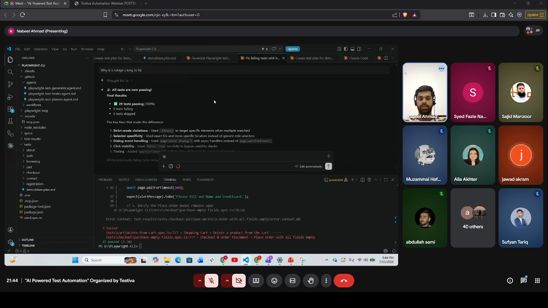So, does this Playwright MCP work kind of similar to this Anthropic project, sorry, Claude project, like it will also be running the agents, or does it work in some other way in the backend? I didn't get your question. You are trying to compare the different API keys that we use in different projects, or something else? No, can you show me the project where we were running using the Playwright MCP?